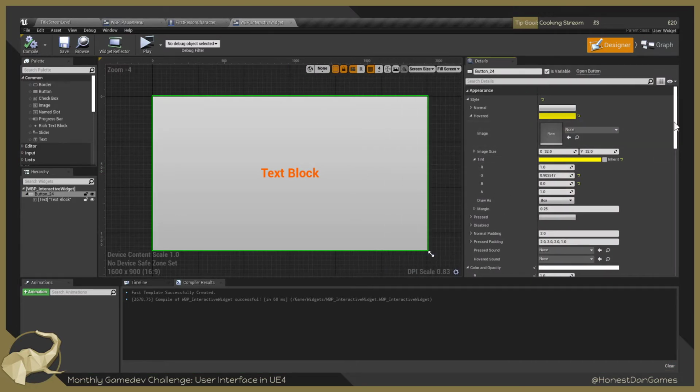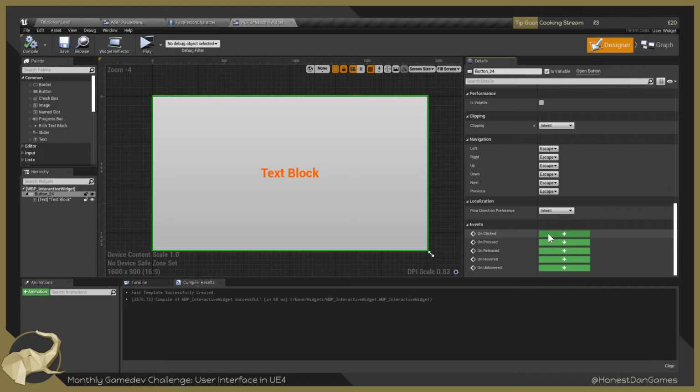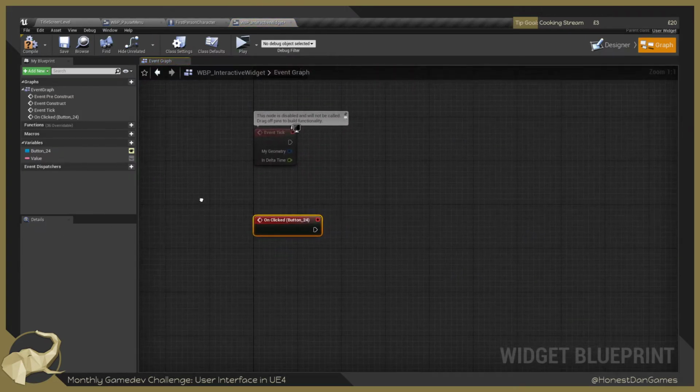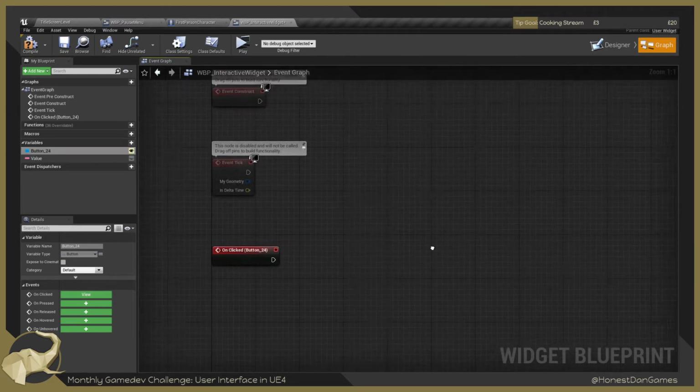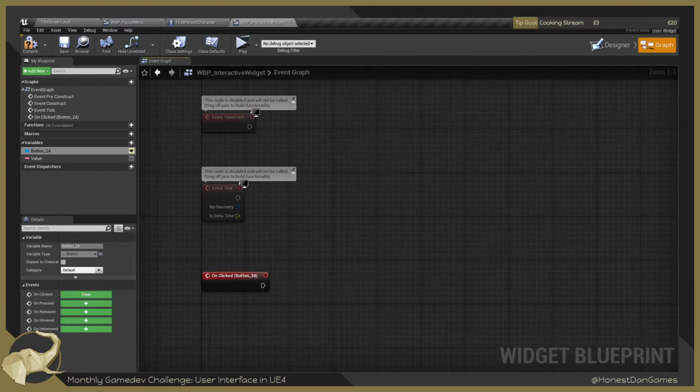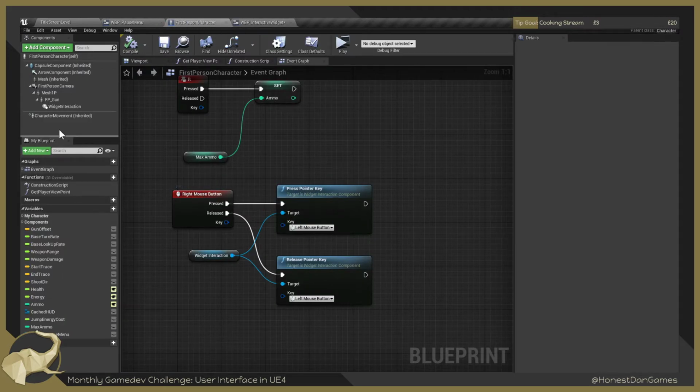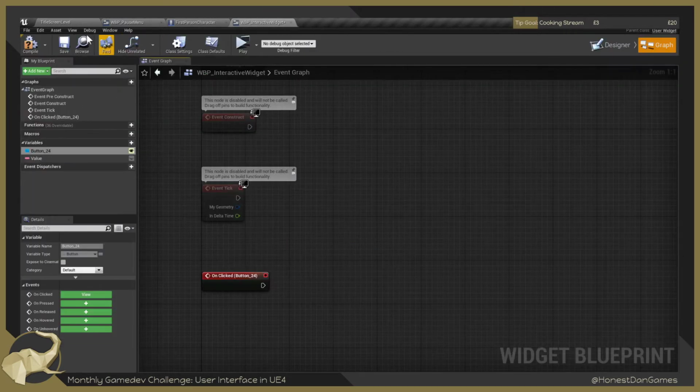Sorry. All right, so let's go down to the bottom of the button. Here we go. We have our OnClicked. Oh, and it just does what I was going to do anyway. So you can access that through going down here and clicking that as well. Never mind. Alrighty, so this is going to fire whenever the button is clicked on, which is going to be called from that first-person character that we've just set up here using this widget interaction component that we've added. Never used these before, so it's interesting. Okay, so whenever we click on it, now, whilst aiming the gun at least, we're going to go ahead and